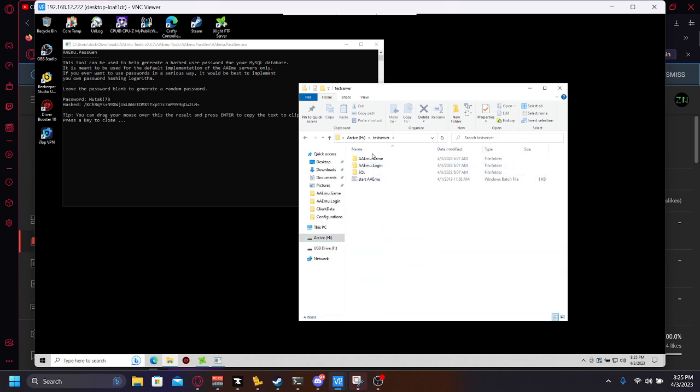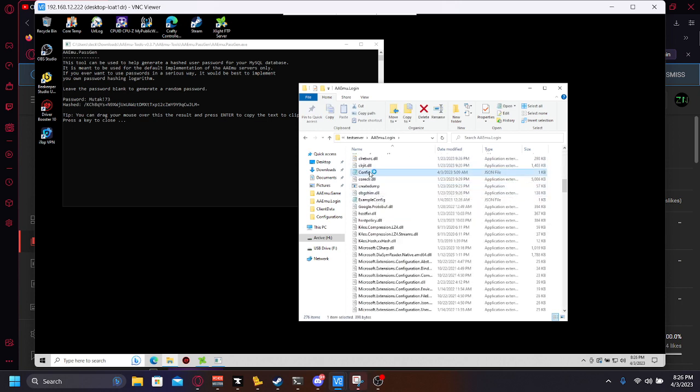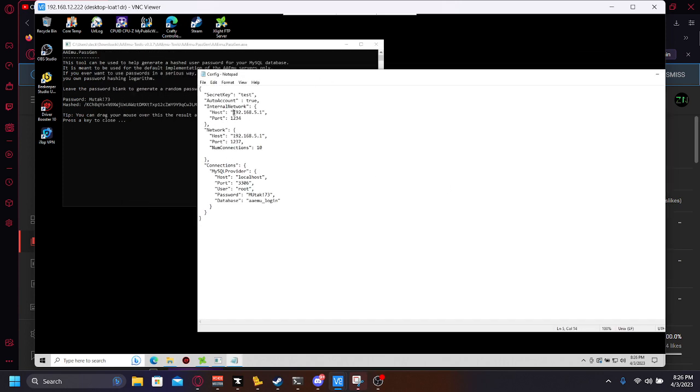And so you've got login and game. So we're going to start with login. You're going to come down to the config file. You can open that up in your favorite notepad editor. Now, by default, these are going to be something like 127.0.0.1, or they'll be something like localhost. We're going to want to change those. It's going to be whatever your local computer's IP address is. So